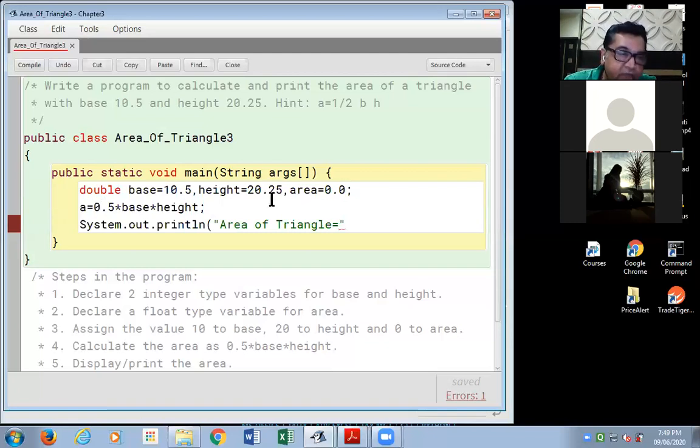The mistake is, in my declaration, I've defined the variable as area, whereas in this statement, I've written it as A. So if I declare the variable as area, over here I should be writing the name area, not A.